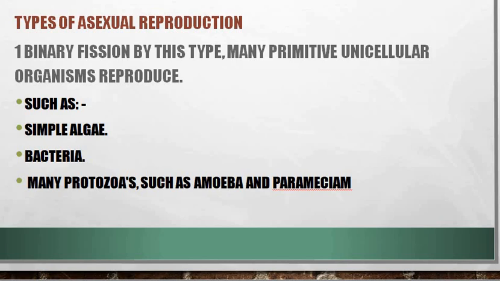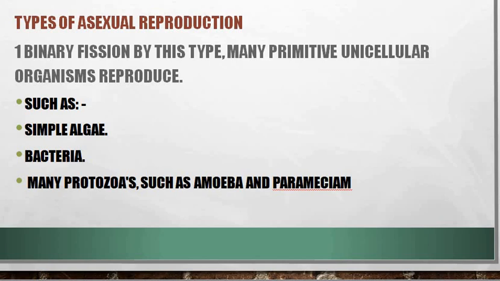Today we continue, inshallah, sexual reproduction. We said before that we have sexual reproduction and asexual reproduction. About the asexual reproduction, we have five types. The first one is binary fission, which occurs through